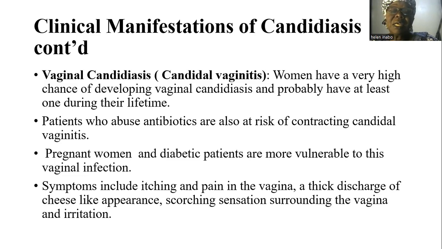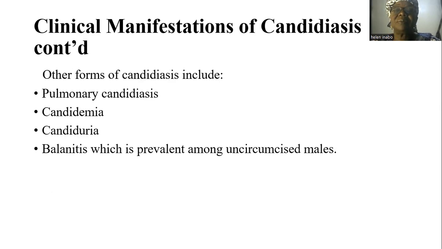of contracting candidal vaginitis. The antibiotics that are abused by these patients clear the friendly bacteria and allow overgrowth of Candida albicans. The symptoms include itching and pain in the vagina, a thick discharge of cheese-like appearance, scorching sensation surrounding the vagina, and irritation. The other forms of candidiasis include pulmonary candidiasis, candidemia, that is the presence of Candida in the blood,